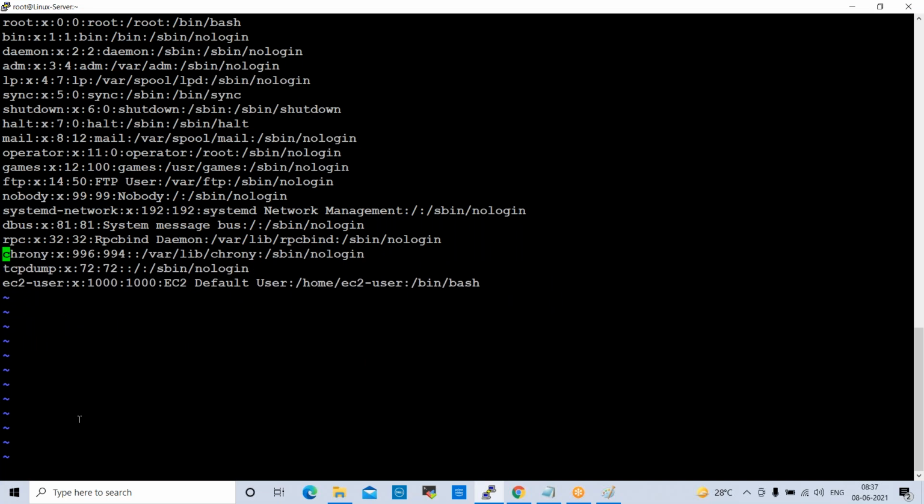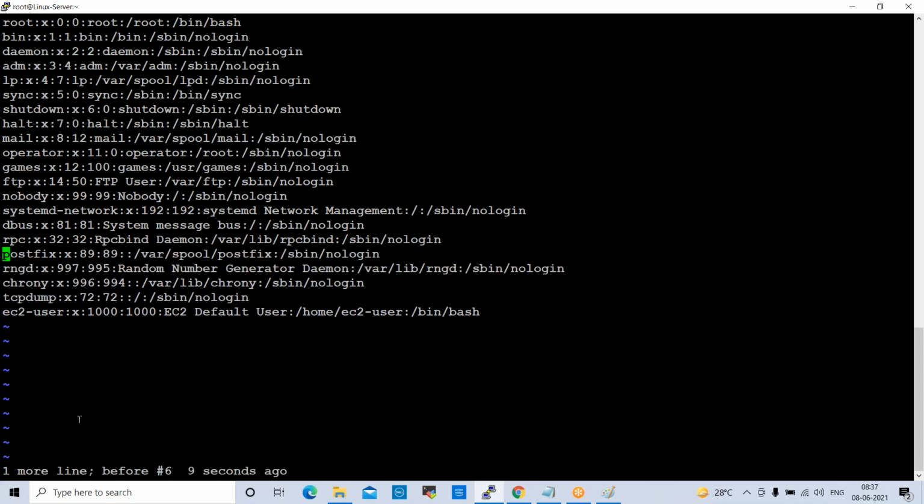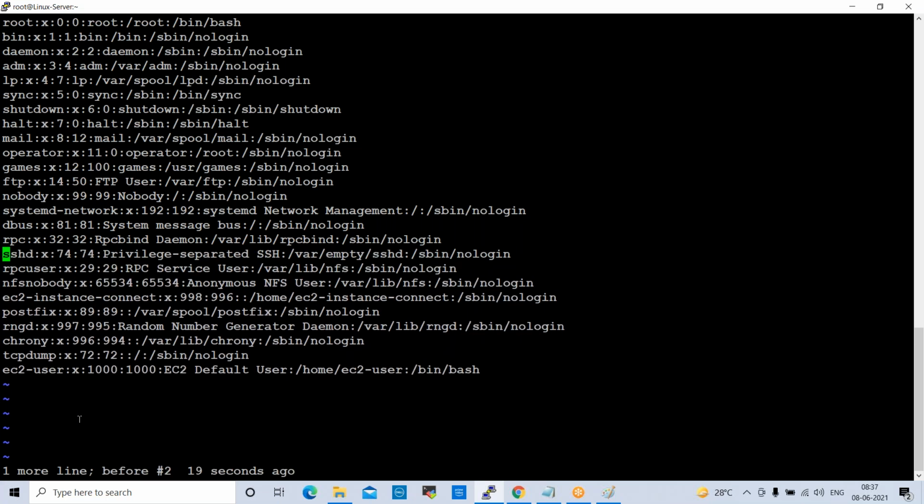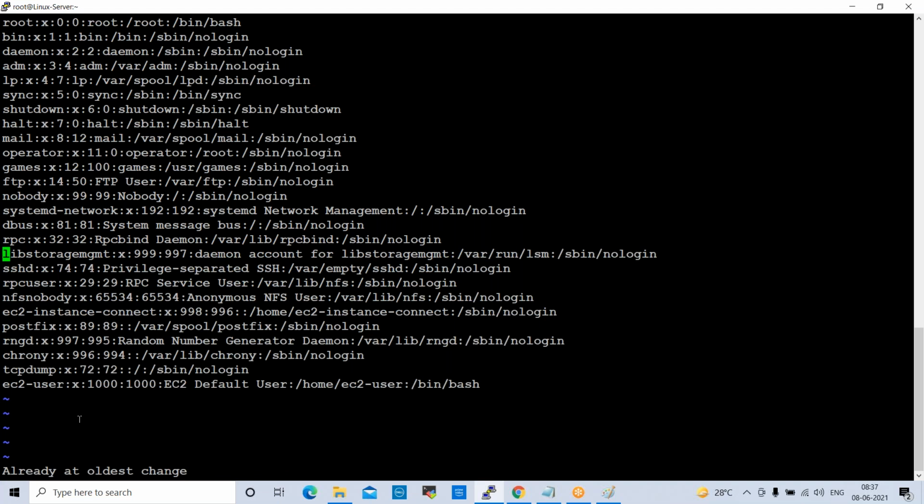Okay. If you want to undo these lines, whatever lines we deleted, press small u, and again it will go back to the original state. You can undo these lines, right? So like this, we can use some shortcuts. All these shortcuts I'll provide you in a document, in which you can find them. Okay. So these are the commands.